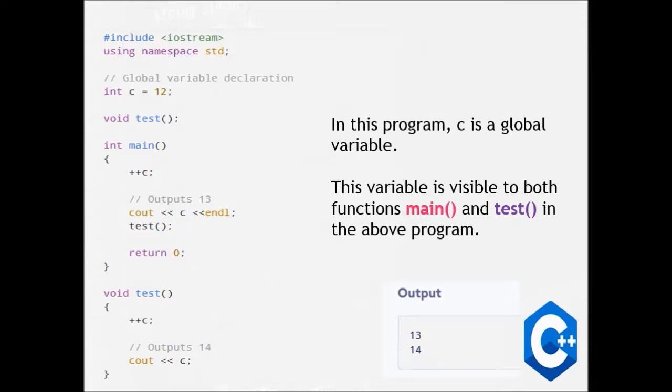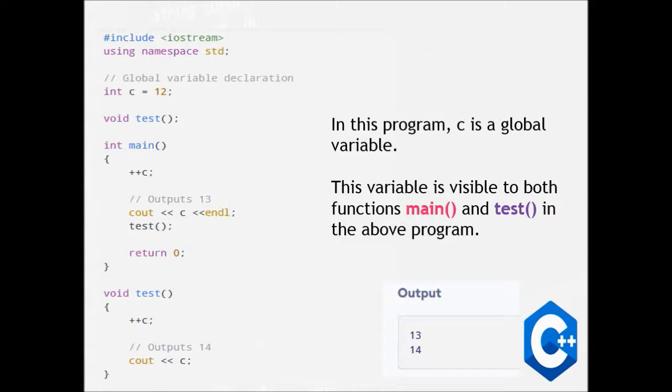Let's have an example of global variables. In this example, first of all, after the header files, we declare a variable int c is equal to 12.